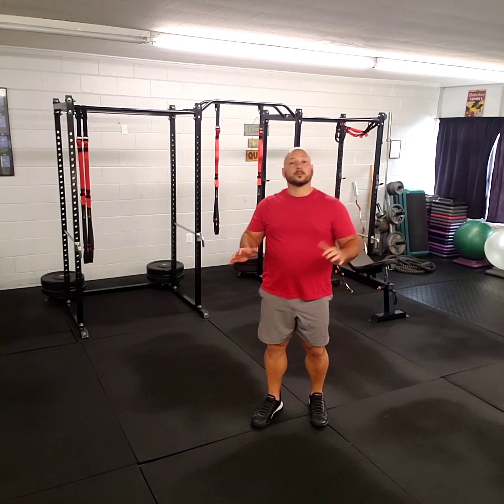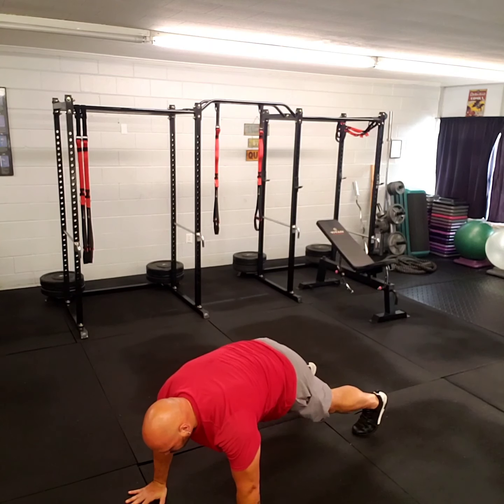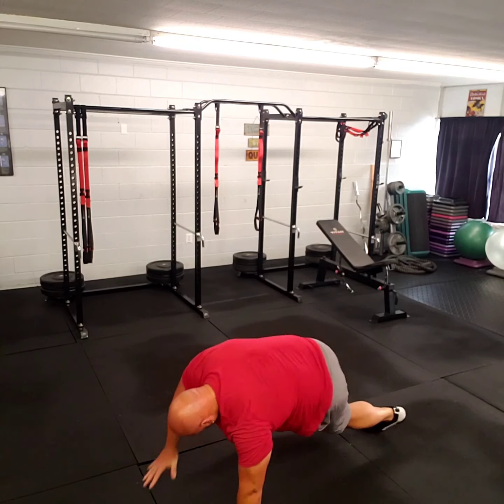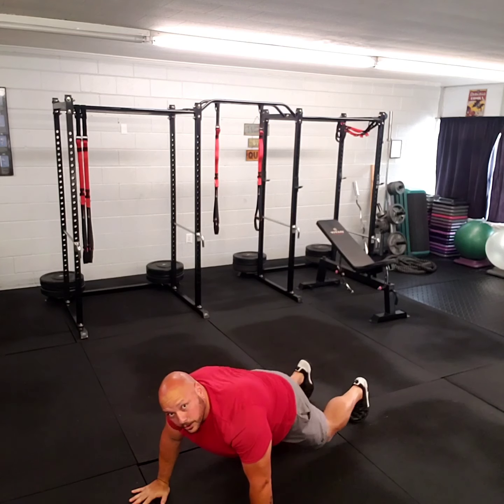So inside of this exercise, what you're doing is you're starting in the push-up position. There is no push-up for this exercise. It's just the position of it. So what you're doing is you're here, and then what you're going to do is turn into the side plank, hand up, and then back down, turn, side plank, and then up. Instead, if it's too much to do it from here, then you can drop to your knees,